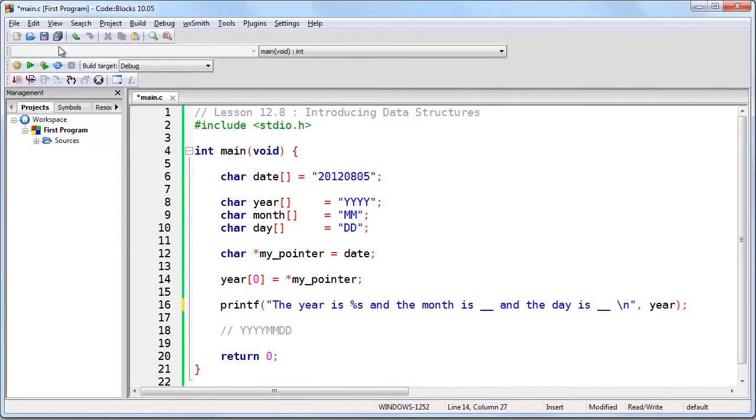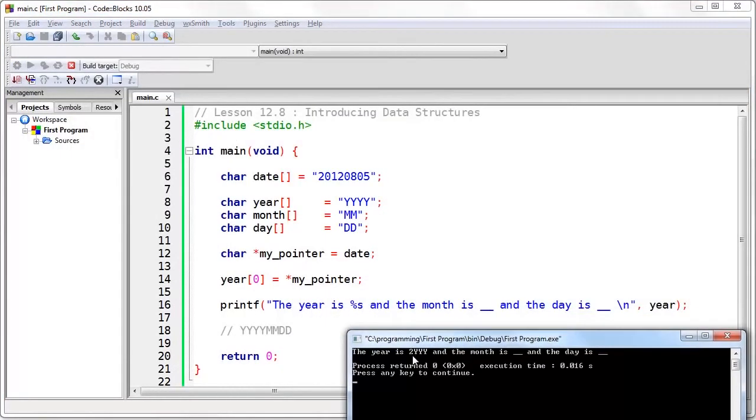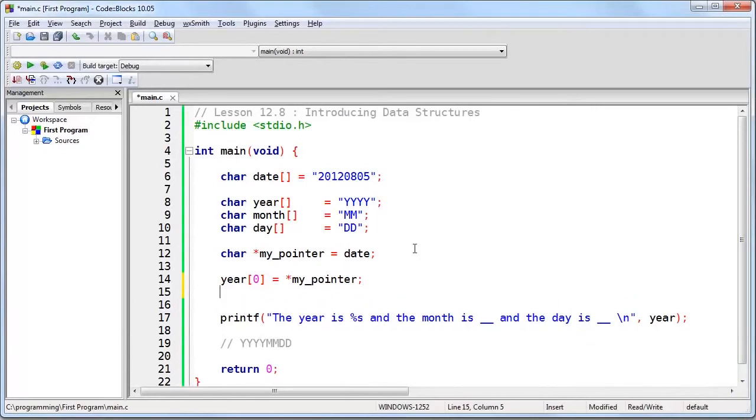Now if we run this, you can see that the first y has been changed to a 2 by setting it to what is at the memory address my pointer. So how do we set the second character? Well,